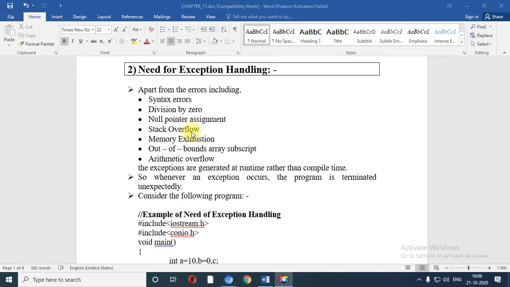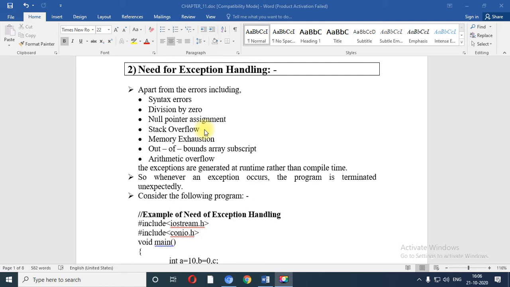Sometimes you may store a value more than the capacity of an array. At that time stack overflow error occurs. Memory exhaustion. Sometimes you are trying to exhaust memory, or you are trying to store a value more than the capacity of memory. At that time memory exhaustion occurs.